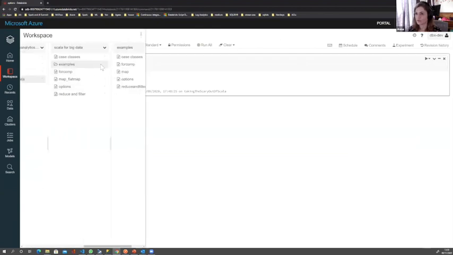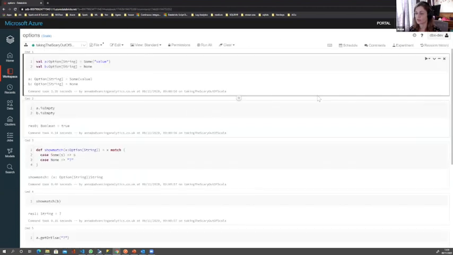Because of time, I think I might show you the one I did earlier. So what we've got here, once again, a notebook in Databricks, we are defining an option. We're saying here, val a, Option of type String. So you've got type safety there again. And we're saying it's going to equal Some, and that's our actual value. And then we've got val b, Option String, is equal to None.